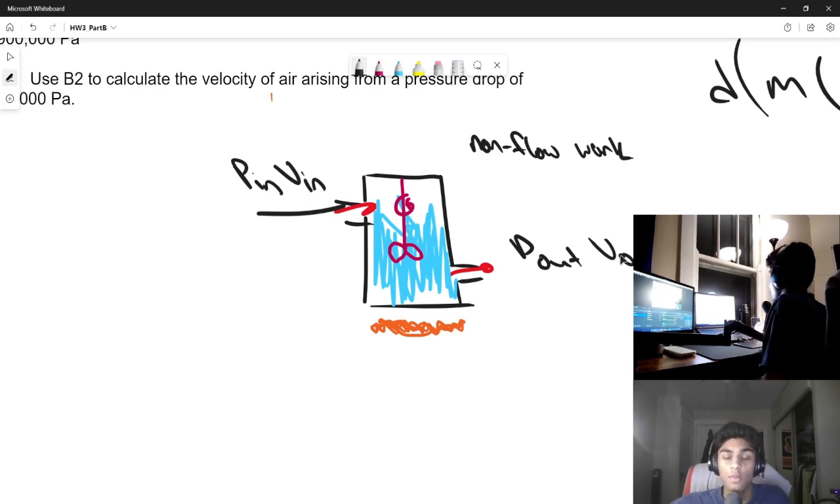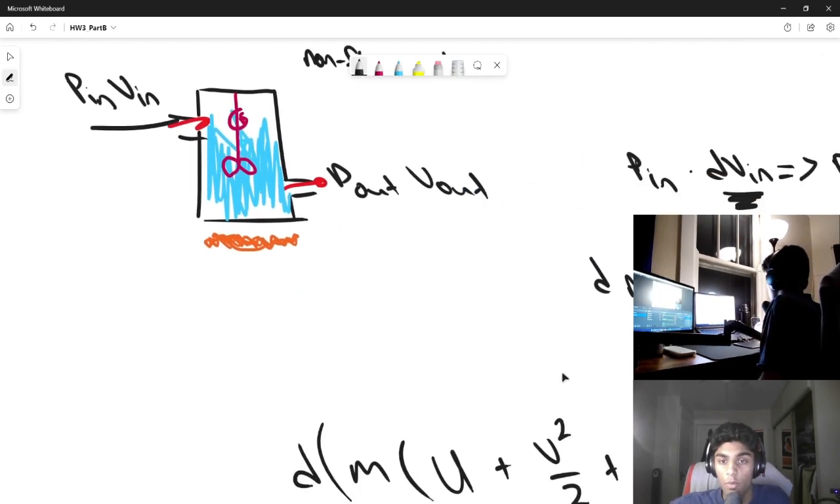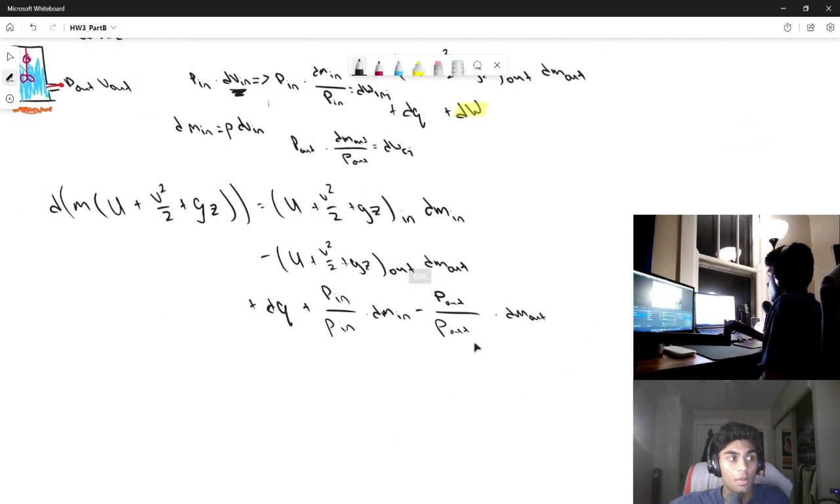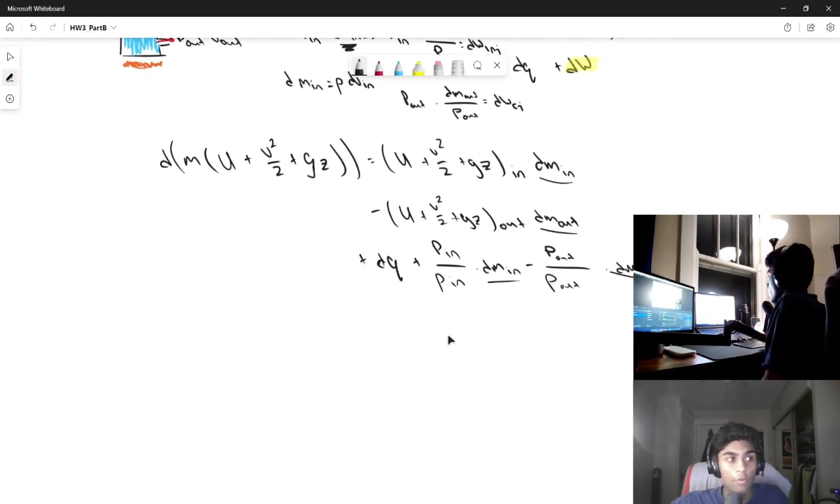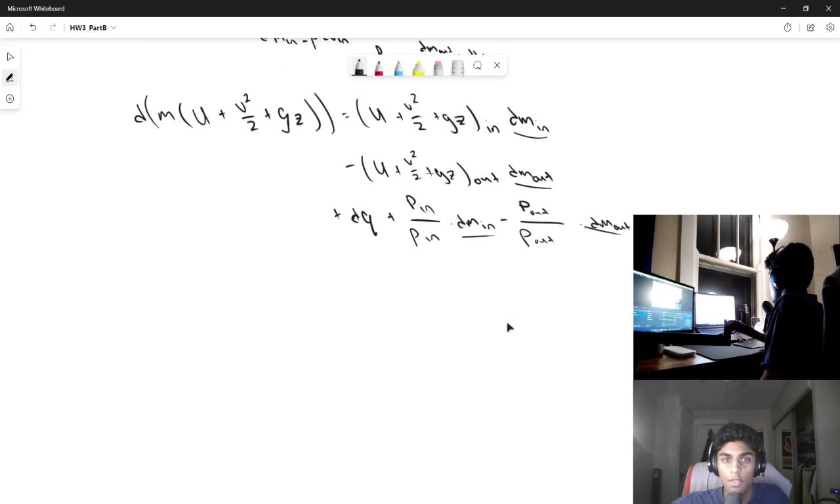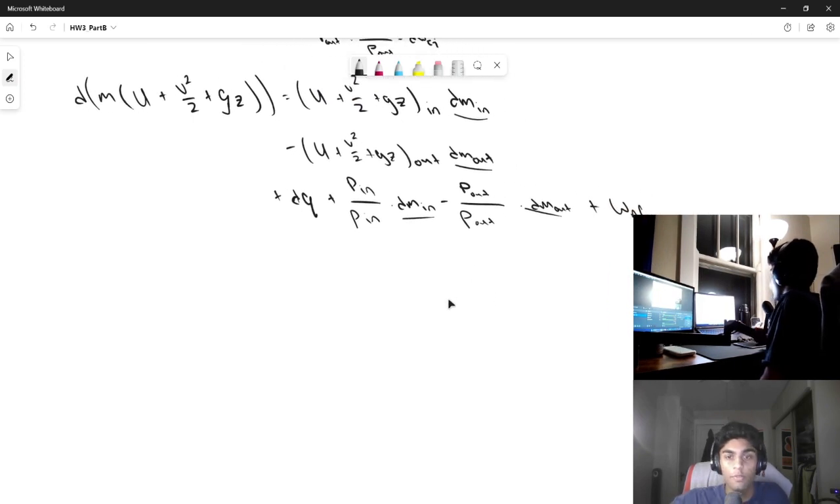So this is also something we could take into account with our equation here. So we have this big long thing and then our non-flow work. From here, we see that we have dm in, dm out, dm in, dm out. So we could go ahead and combine those in. So if we rewrite this,